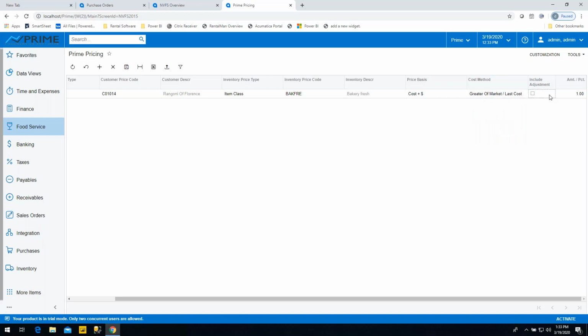their price. You also have the capability to adjust costs as needed. For example, you can include adjustments if you're using market costs, but then you have add-ons for spiffs, overhead, or the like. Finally, the amount you see here relates to the price basis. Is this a dollar amount, a percentage, or a fixed price amount? With all of these scenarios, we believe that Prime Food Service Software covers almost every way that companies can calculate a cost. However, the system is easily modified if you run into a situation where you need to adapt cost